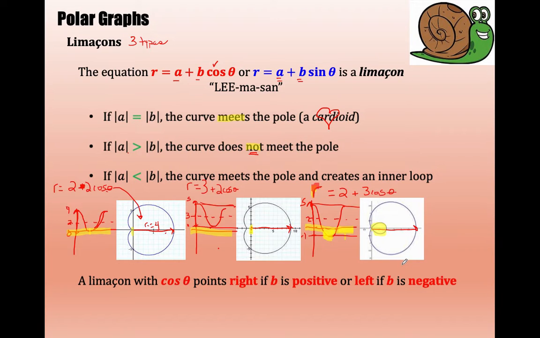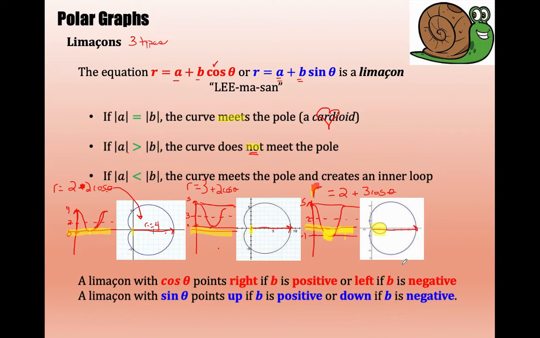What do you think the sine limaçon would look like? Points up, right? Sine kind of goes with y. Points up in a kind of a y direction, if the dilation factor is positive,